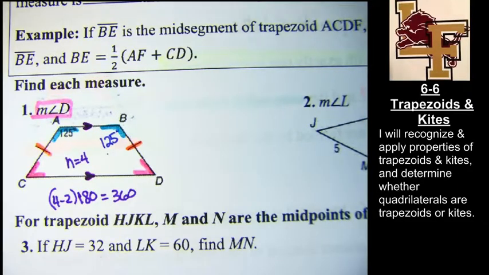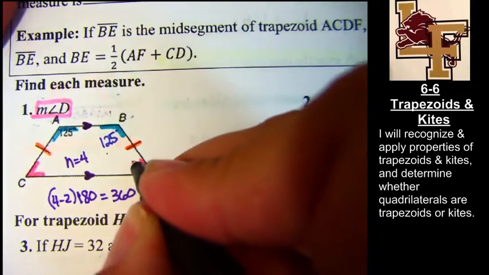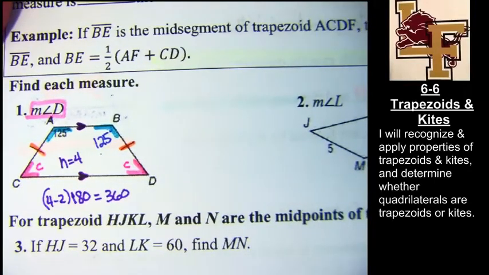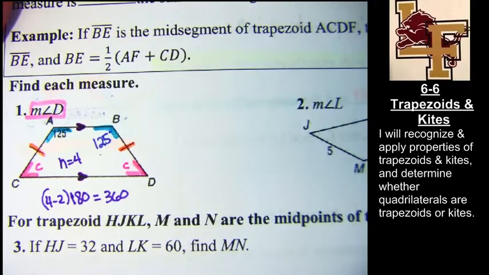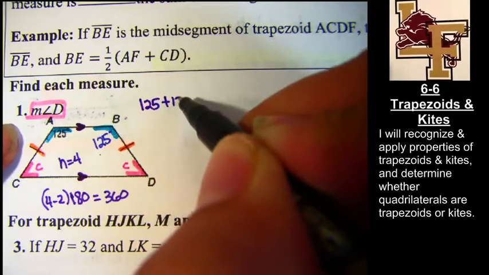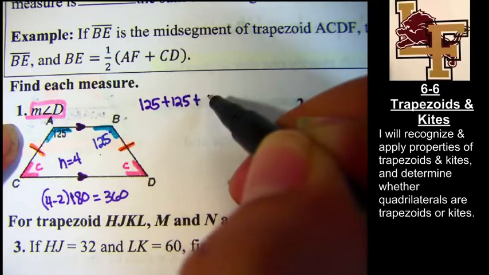What's your favorite symbol? It can be a letter or a shape. C? The letter C. Okay. So we're going to name it C. That's going to be our variable. So we're going to go ahead and add up 125 plus 125 plus C